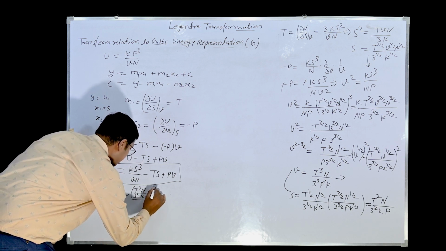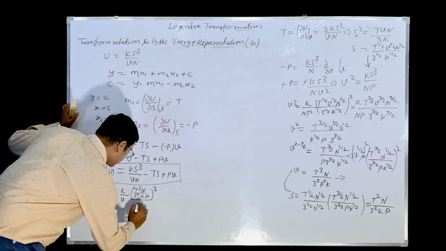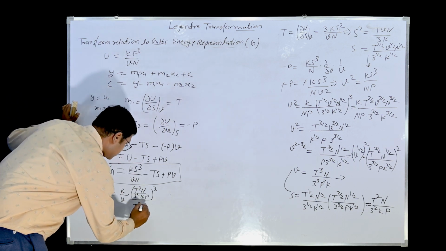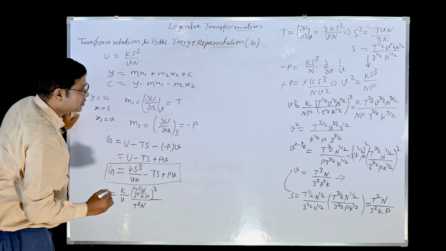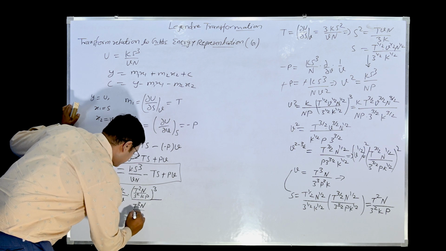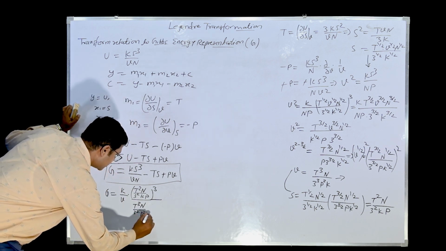This is the cube upon V. V is what? T cube N. So T cube N upon 3 square P square K